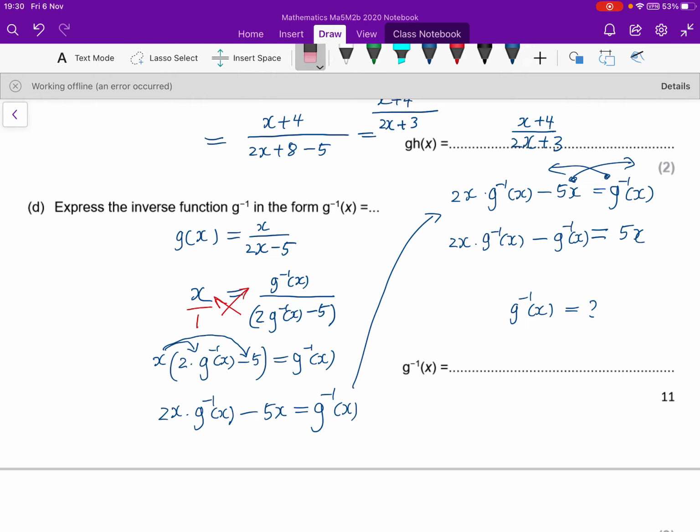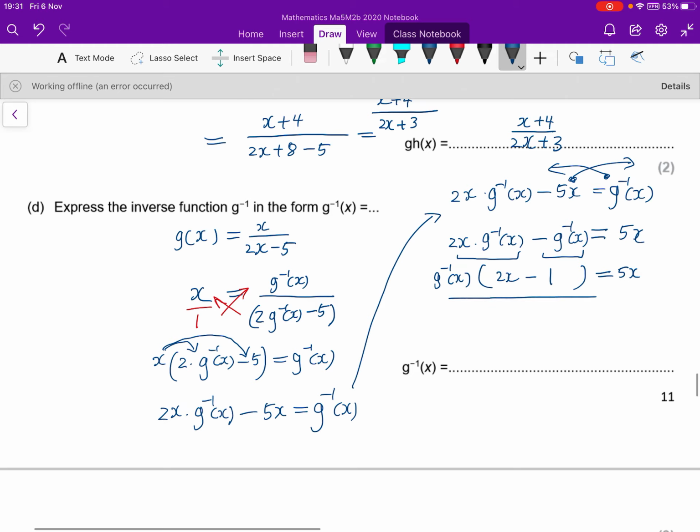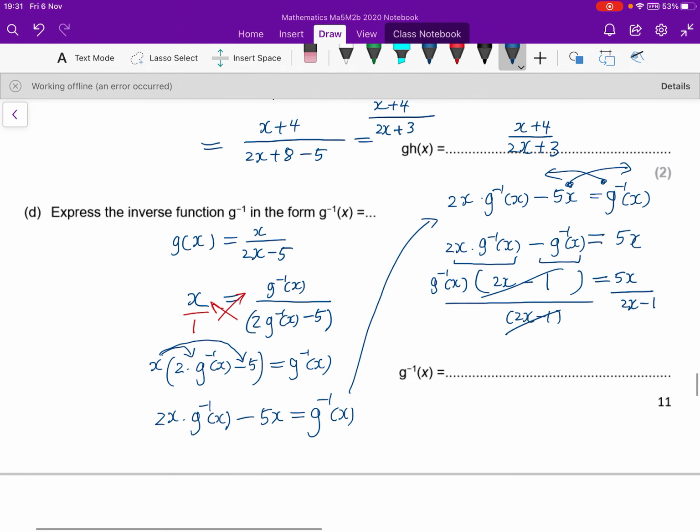Now I can see that g inverse appears twice. So it's a bit like changing the subject. It appears twice means I can factorize. So I can factorize g inverse of x. I will have 2x for the first term there, and I'll get minus 1 for the second term. This is equals to 5x. So divide the left by 2x minus 1, divide the right by 2x minus 1. So your final answer is g inverse of x is 5x over 2x minus 1. That's pretty complicated, but nonetheless a really